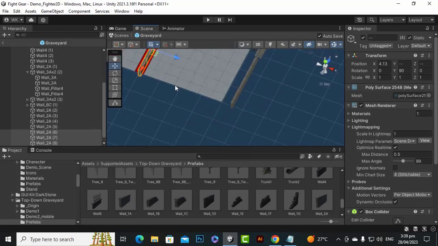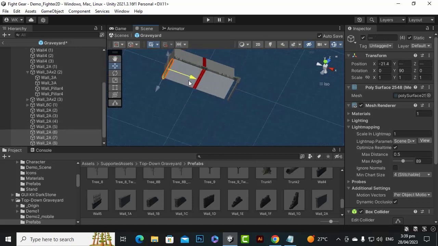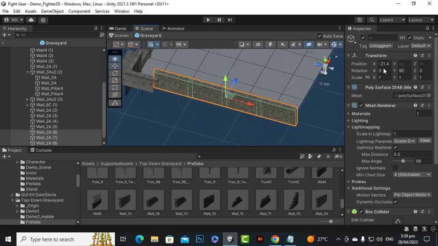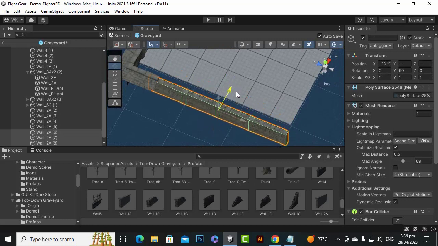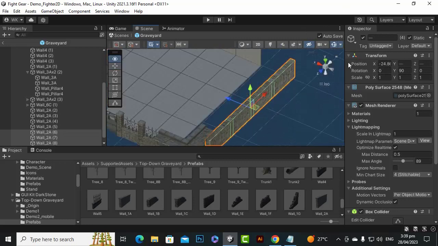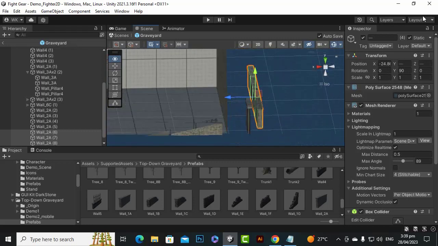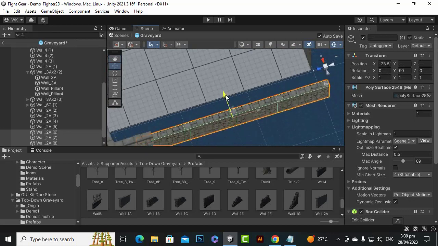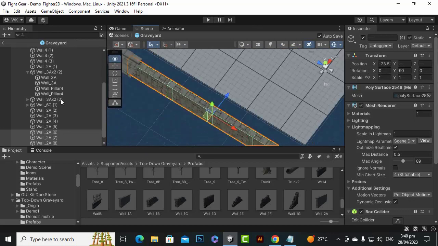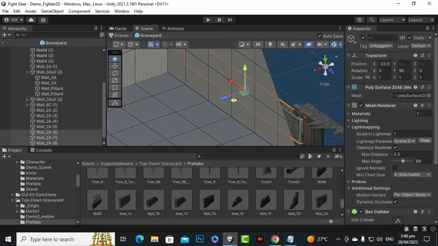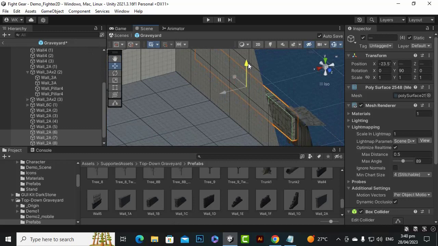Control D, and let's bring it to the other side of the scene, and we'll just bring it here. Definitely we have a height issue, I think, or maybe not. Yeah, a little bit. So let's bring it here maybe, and a little bit back,